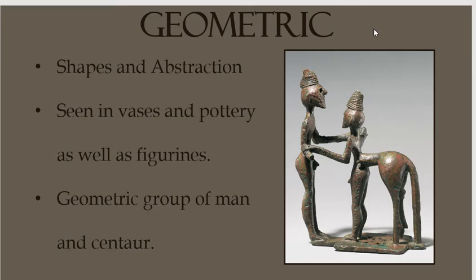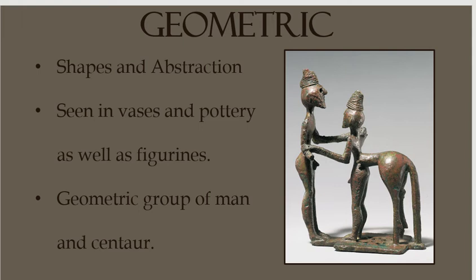That brings us to the geometric period, and geometric is actually a term that was coined in the 1870s by Alexander Conze, and it is described as both analytical and generic, and it does favor certain shapes and abstraction. Artists would use these kind of simplified forms to portray only the essential aspects of their subject matter. And so this geometric style was seen mostly in pottery, but in some figurines as well, as you can see